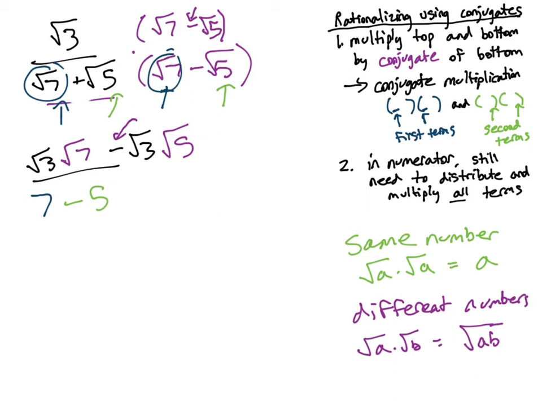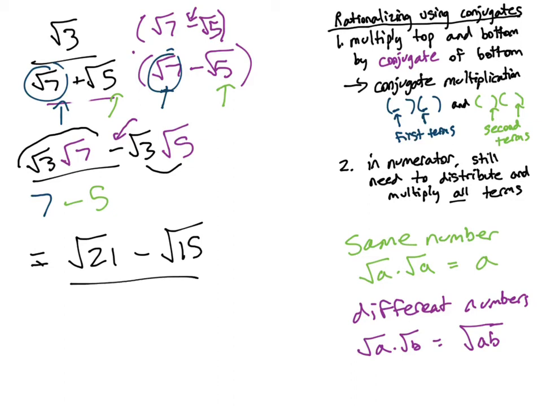So the square root of 3 times square root of 7 is equal to the square root of 21, and the square root of 3 times 5 is equal to the square root of 15, and we still have that negative in front. In our denominator, we have 7 minus 5, which gives us 2, and we cannot